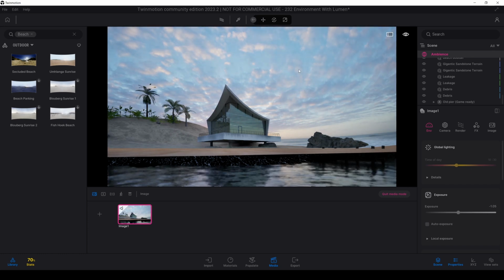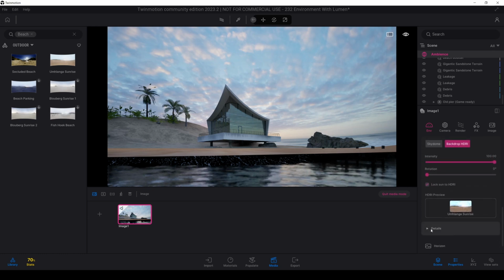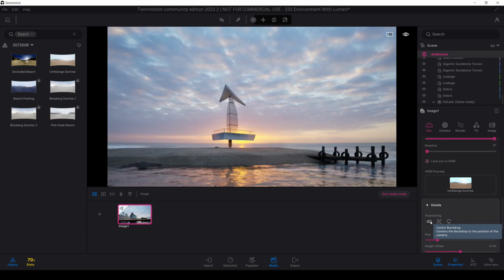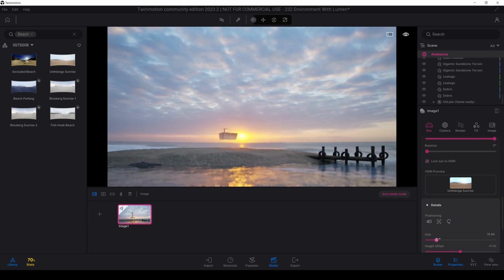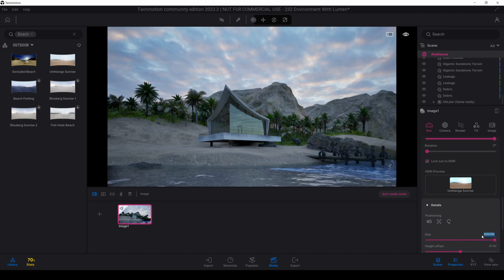Our problem is the HDRI position is not right. We will fix it. To do it, we will click this camera and increase its size. Just like this.